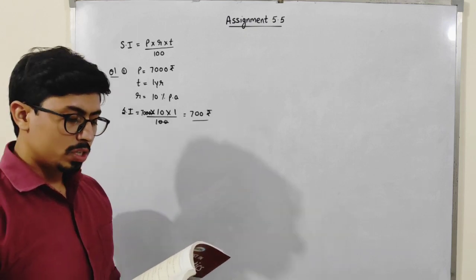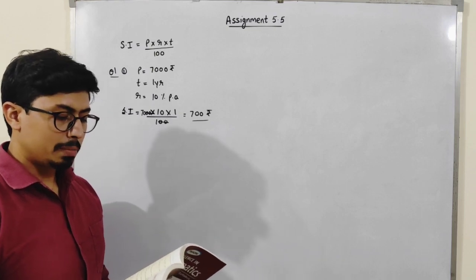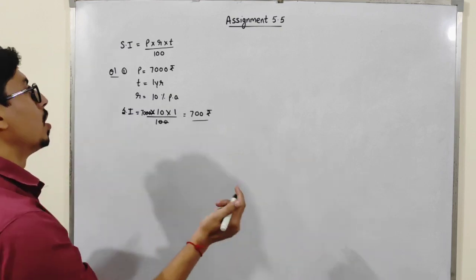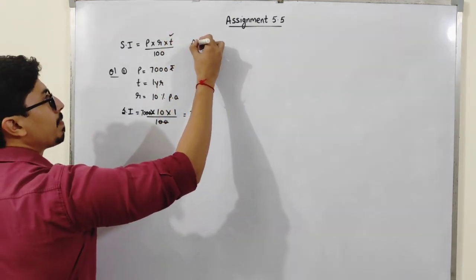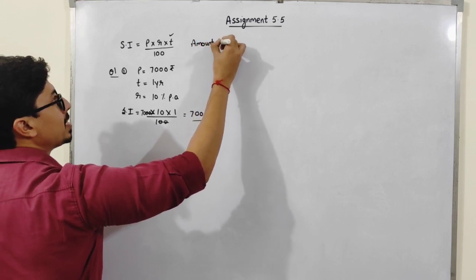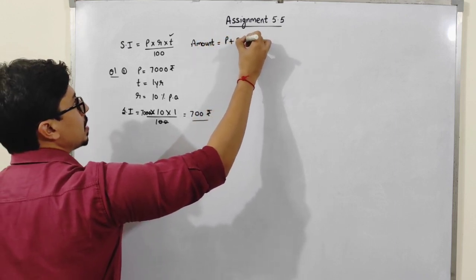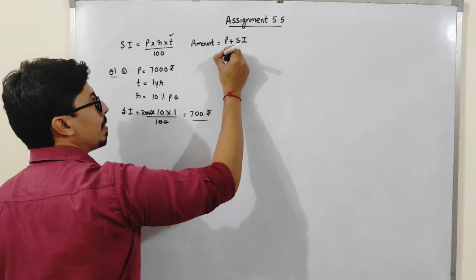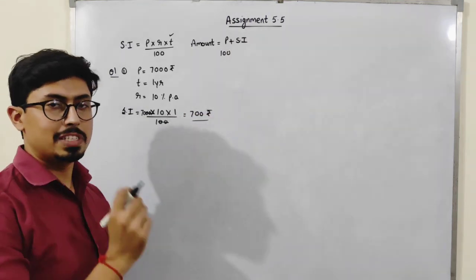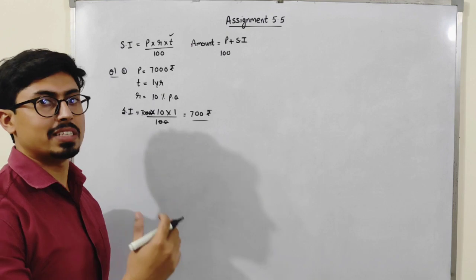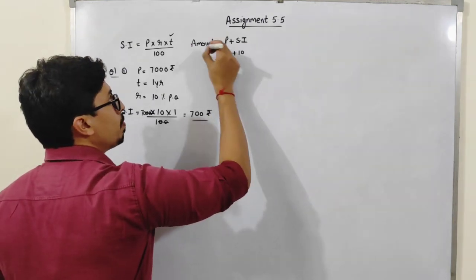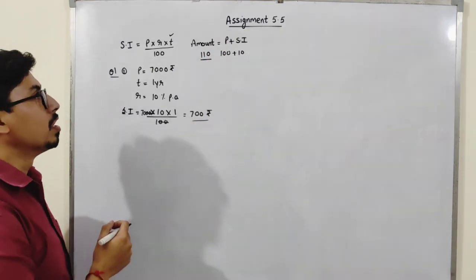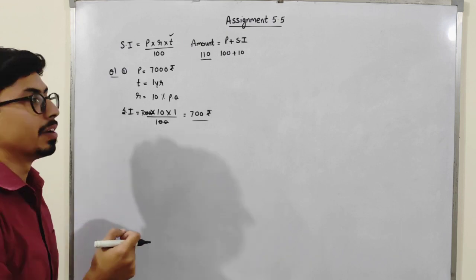A man borrowed 8,000 from bank at a rate 8% per annum. The amount he has to pay after 4.5 years is C. Students, this is the simple interest formula, and amount means principal plus simple interest. For example, I have borrowed 100 rupees from someone. So that's the principal. And I have to give 10 rupees as an interest. So that means I have to give how much amount, students? 110. As a total, 110 amount I have to give. So the amount formula is the principal plus simple interest.